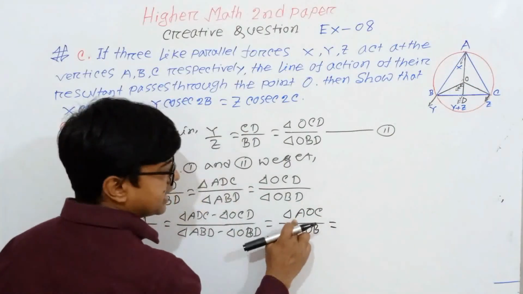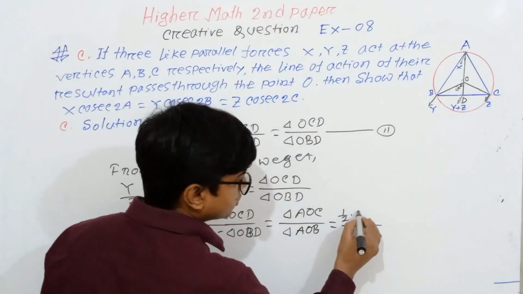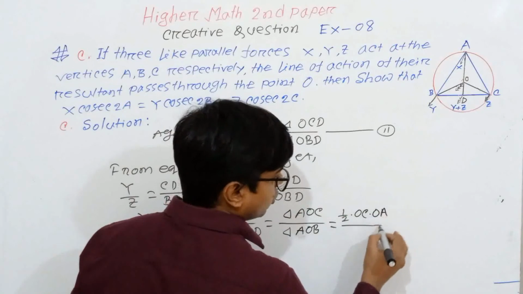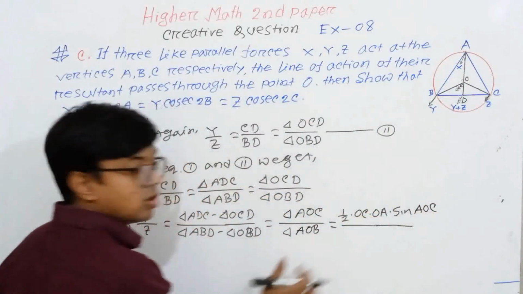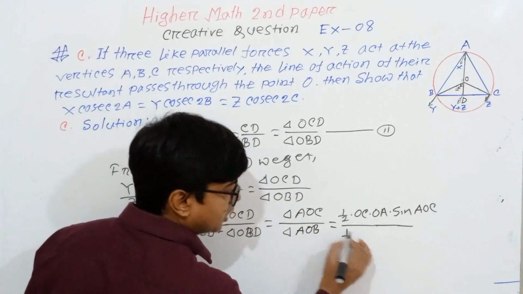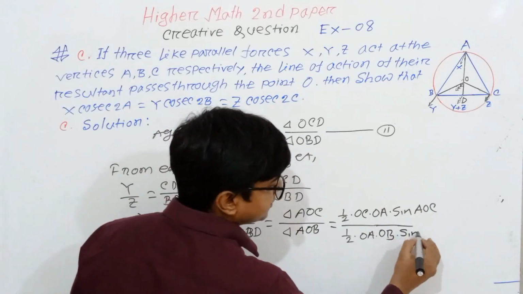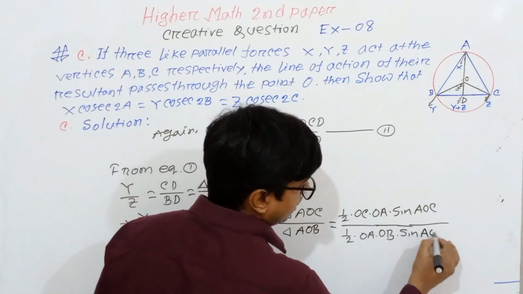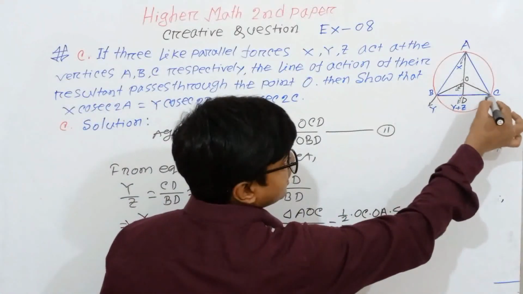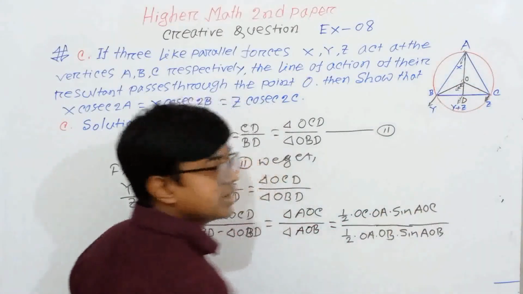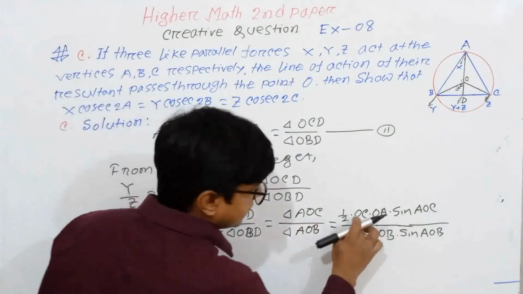AOB. And here triangle AOC we can write as 1 by 2 OC into OA into sine angle AOC. This is the area of triangle AOC, and here triangle AOB is 1 by 2 into OA into OB into sine angle AOB. This is the area of triangle AOB. And here look at this, OC, OA and OB are equal because they are all radii of this circle. So these are equal, so we can write here